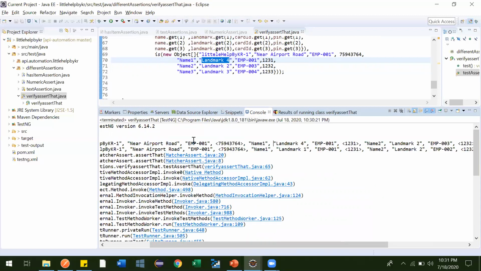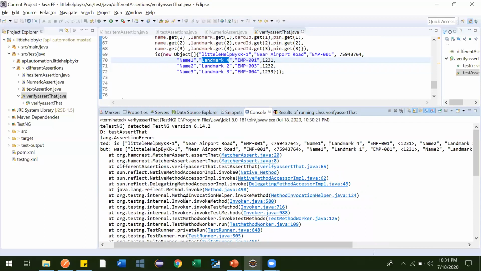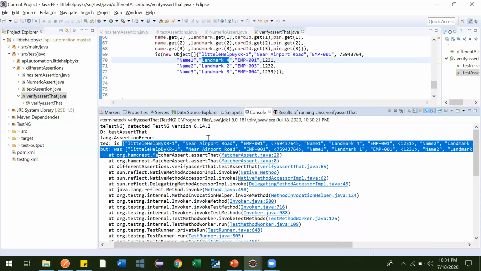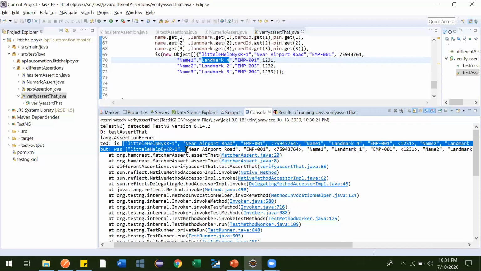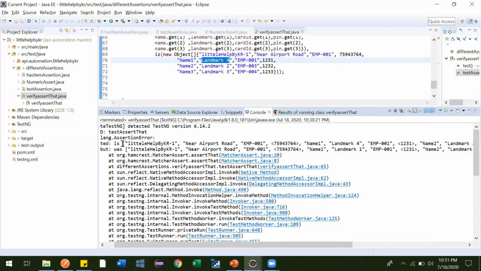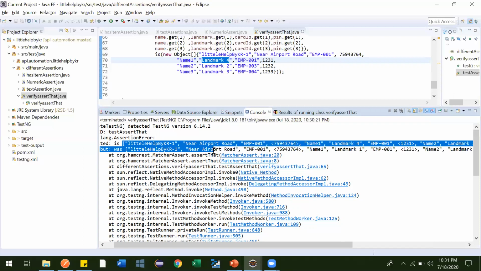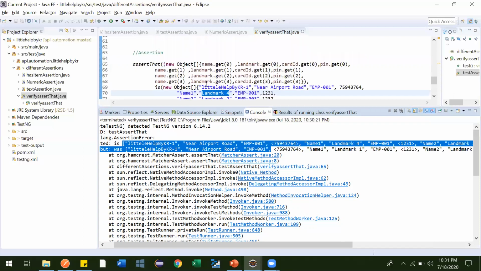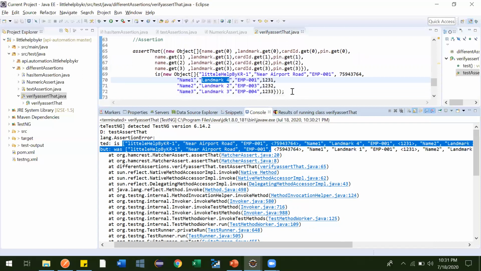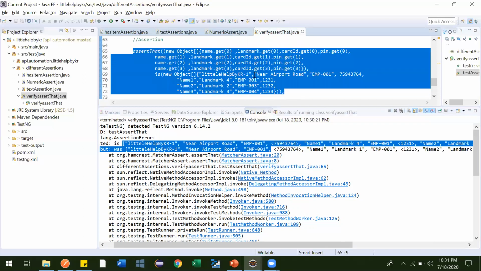This is what you will be using in organizations the majority of the time. Verifying a single response is also used frequently, but not that much. But this one is used everywhere, too much. Day to day you will be using this. So this is the better way of using Hamcrest assertions for a JSON array in the response.